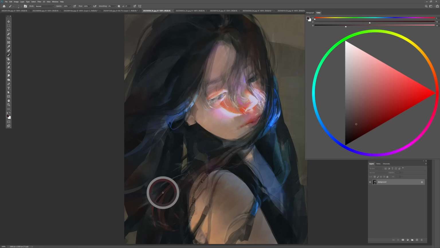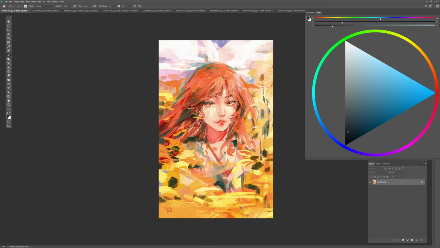So even this, say it's full of color because of the neighboring colors. Let's look at the background here. It's almost just gray. So next to a bunch of grays, even a little bit more saturation is going to look very colorful. So this right here looks very blue compared to the grayish background and the black hair. So a lot of times the colorfulness of a painting is exaggerated by having it next to grayer colors,